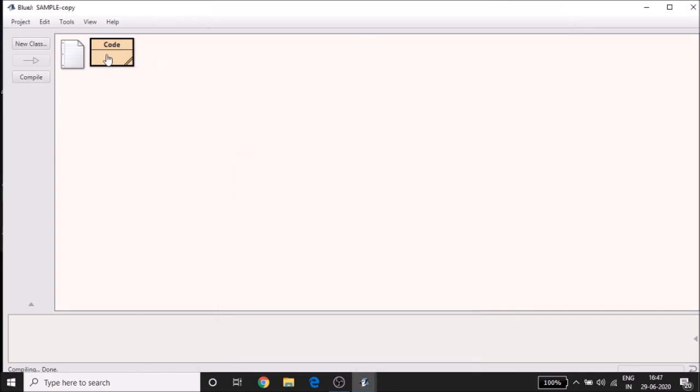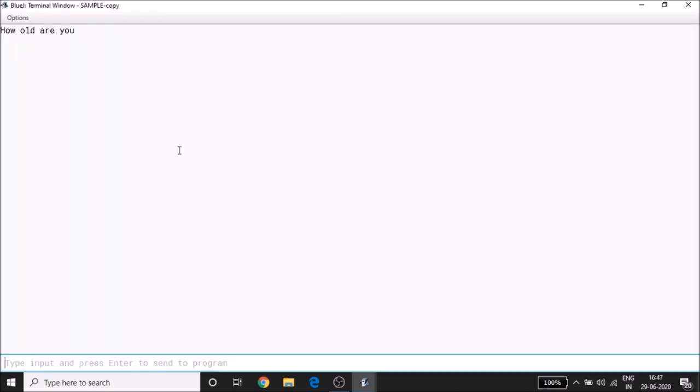Now minimize the tab and right click your class and go to void main String args. Click that and hit OK. Now the system will ask you how old are you. Type in your age. Note that it should be a whole number. As for me, it is 13. If it is not a whole number, your computer will throw an error and your program will be wrong. That is it. That is how you create an object in Java.